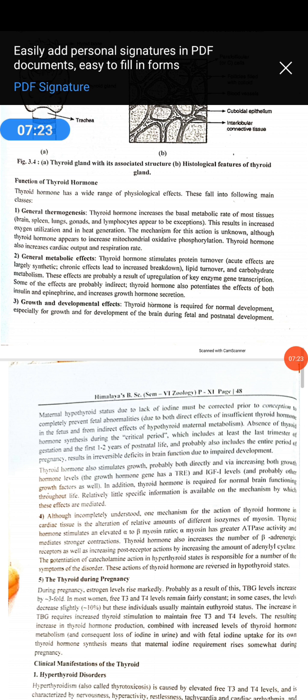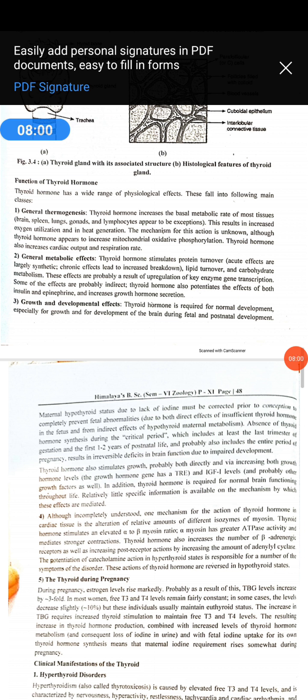Then the hypothalamus controls the secretory activity of the anterior pituitary, which in turn regulates the other endocrine glands. So the hypothalamic hormones act as a link between the nervous and endocrine systems. These hypothalamic hormones reach the anterior pituitary through the hypothalamo-hypophyseal portal system, and the neurosecretory cells of the hypothalamus secrete thyrotropin releasing hormone, which stimulates the thyroid gland and regulates the secretion of thyroxine.